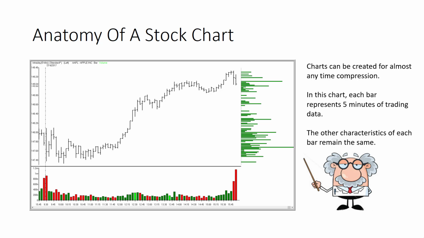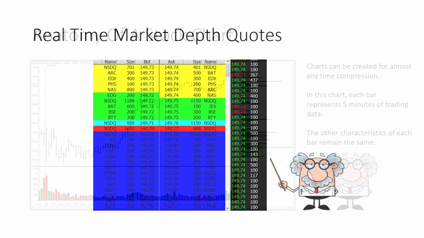So it's important when you're looking at these things that you always go and determine the time compression that you're looking at, right? Because some stocks can look like they're in a terrific uptrend. And I've actually had guys tell me they bought a stock for a swing trade because it seems to be doing so well. And I said, you're looking at a 5-minute chart, not a daily. And on a daily chart, the stock was actually moving lower. So always make sure that you're very familiar with your tools and that you know how they function.